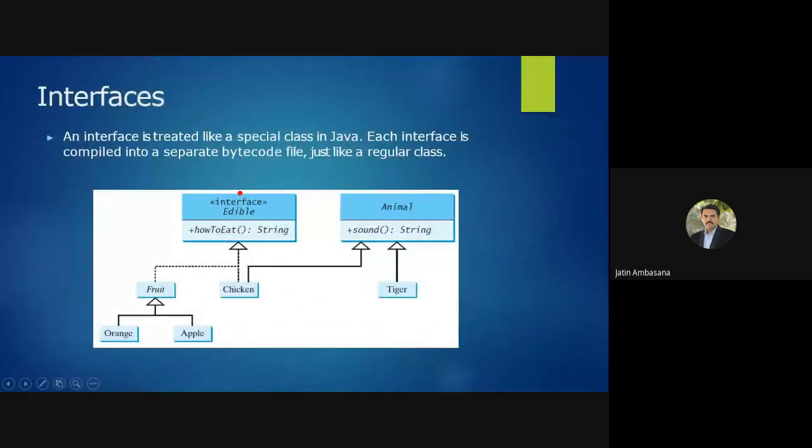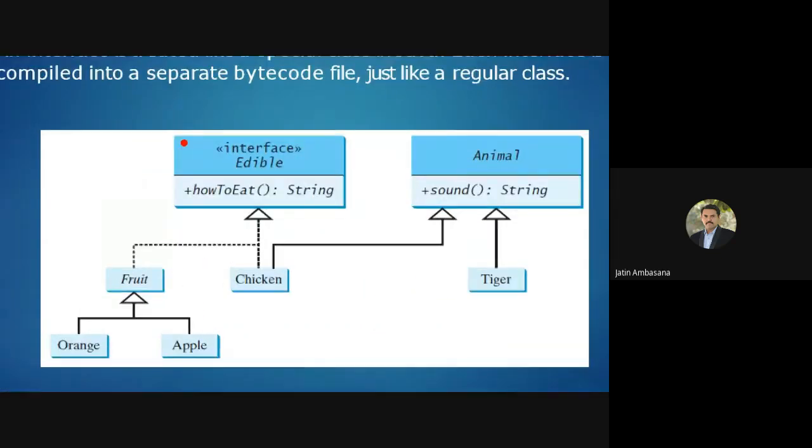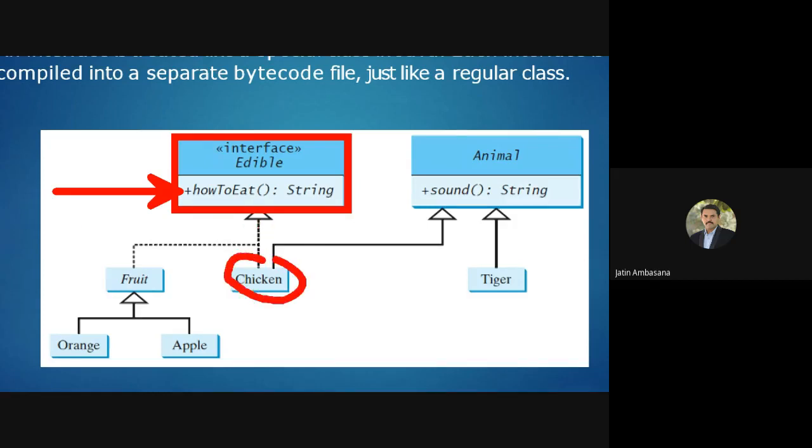If we take this hierarchy, we will come to know that this edible interface provides a method called how to eat. If you are implementing it, you need to provide this method implementation. If not, then that class becomes abstract. The fruit class does not provide an implementation of how to eat. You cannot say how to eat a particular fruit in general, but you can say how to eat a specific fruit like orange or apple.